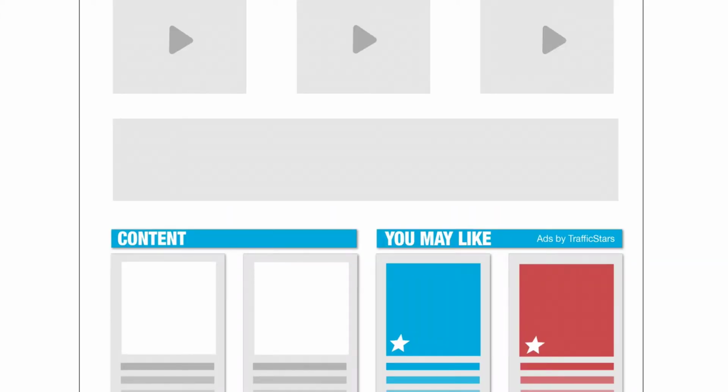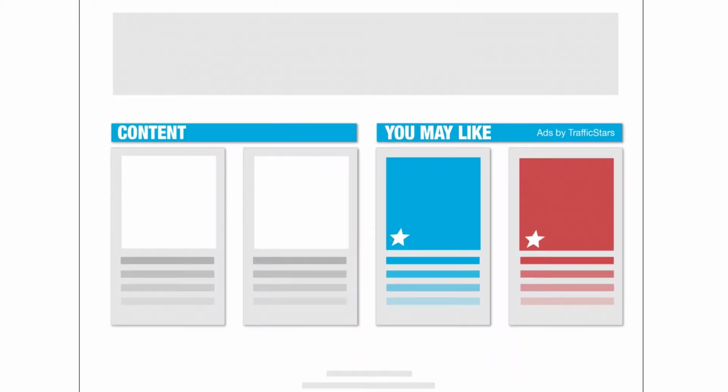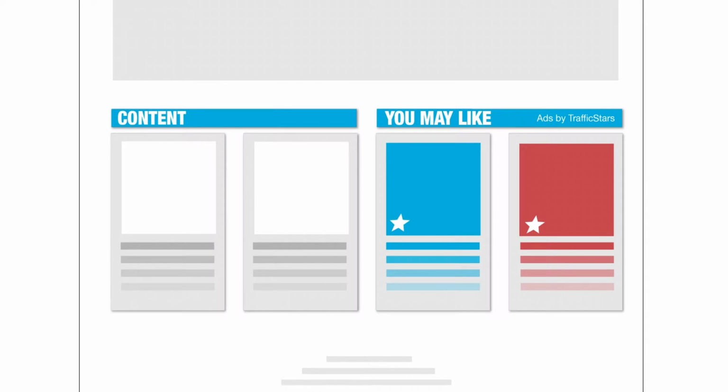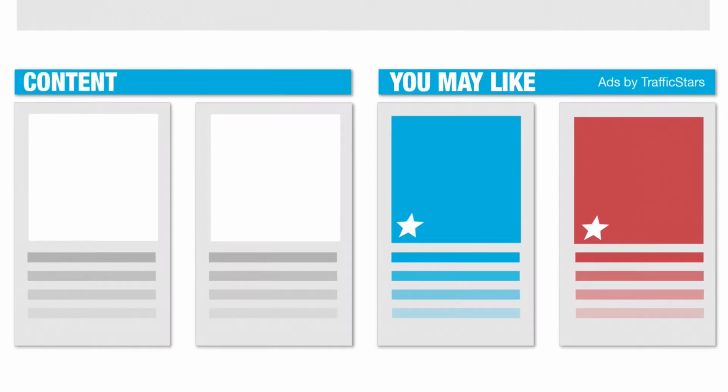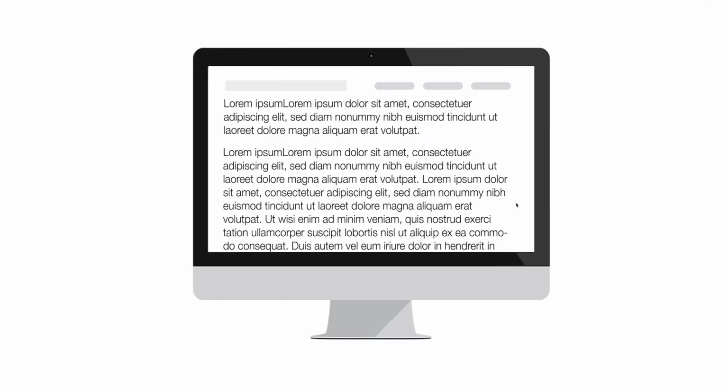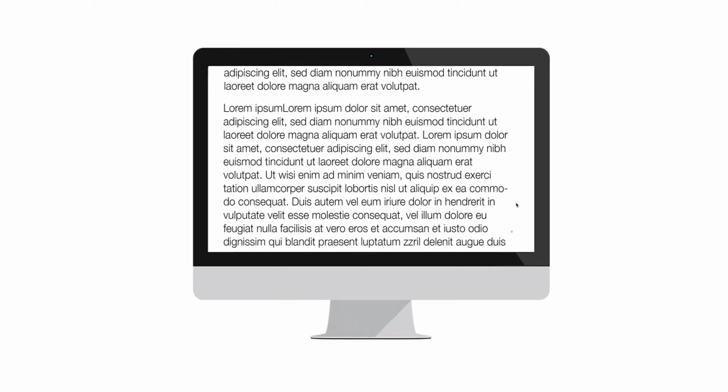But first, let me tell you a bit more about native advertising. Native ads are defined as ads delivered in a way that is consistent with the form, style, and voice of the website they appear on. They are presented as content recommendations from the website, and they invite the user to engage with additional content they